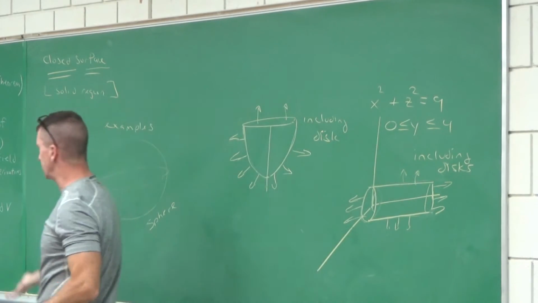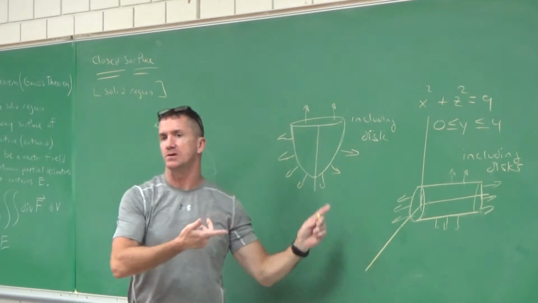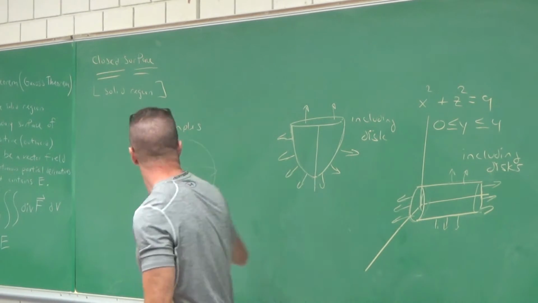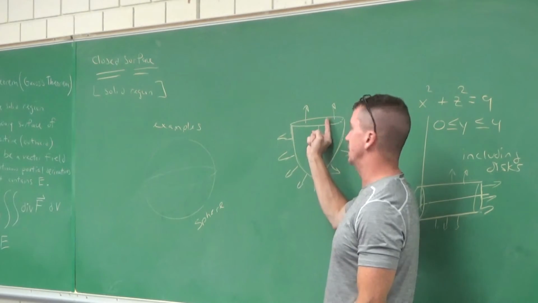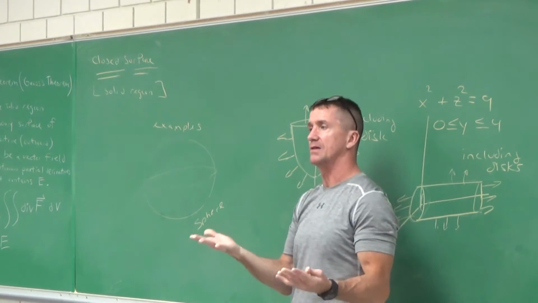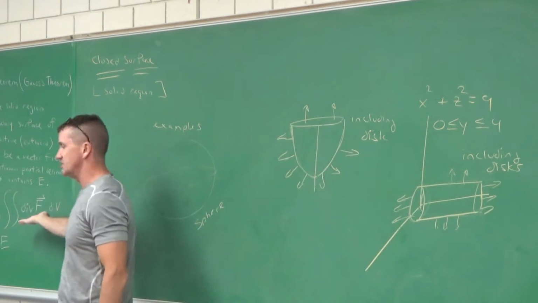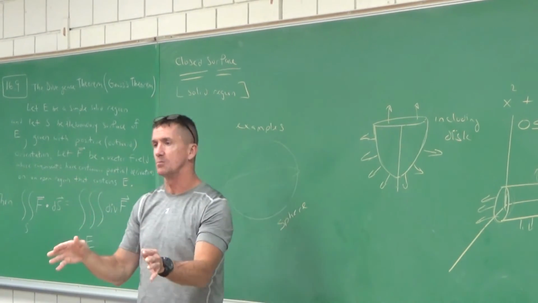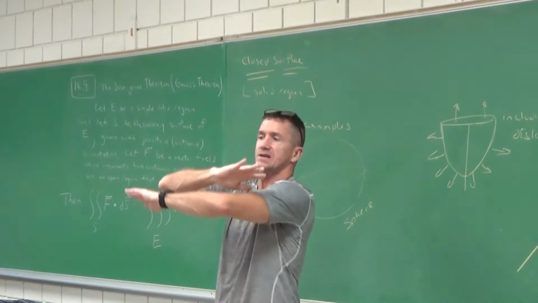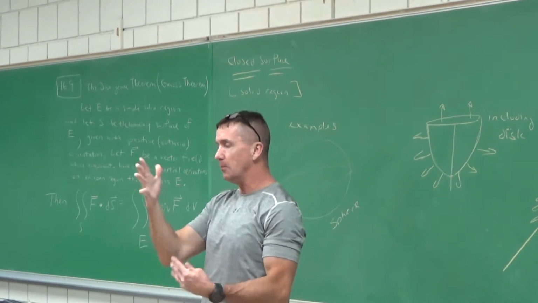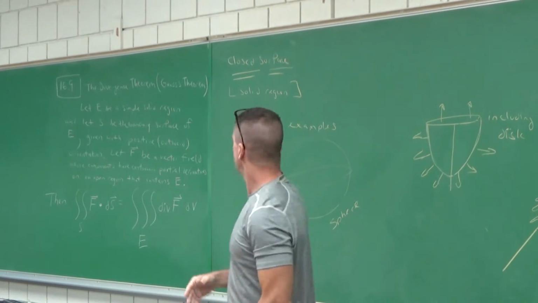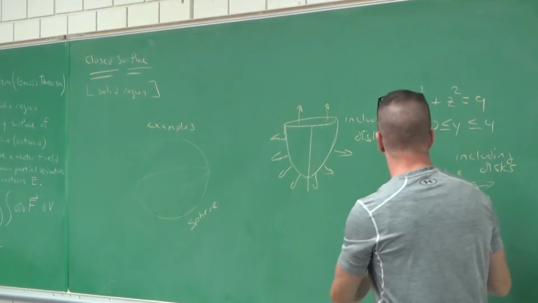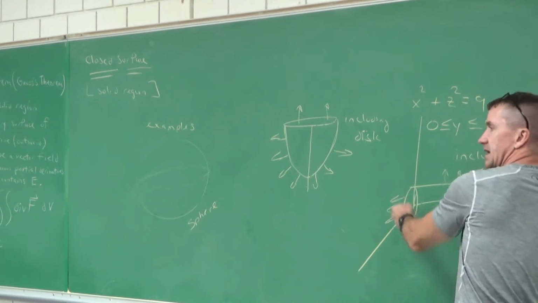But what's so awesome about it is when we did these problems, the last problem, it took a long time to deal with finding the flux off that surface, finding the flux off this surface. We had to add them together, right? This is going to be a one-shot deal. Gauss's divergence theorem. It is rock and roll cool because you can get it in one shot. The entire flux across the entire surface, all portions with outward orientation. So these are common examples. The sphere, maybe a paraboloid that includes a disk, a cylinder that includes this disk and that disk, all closed up.